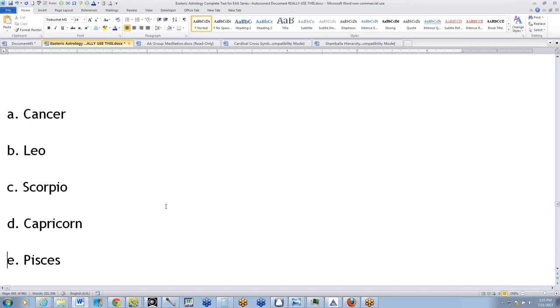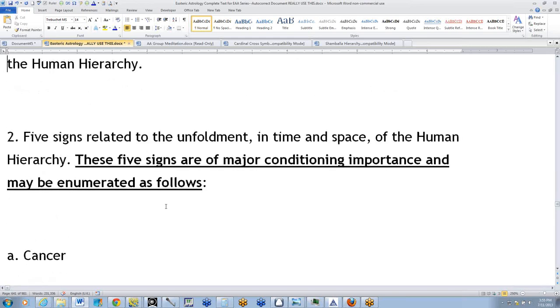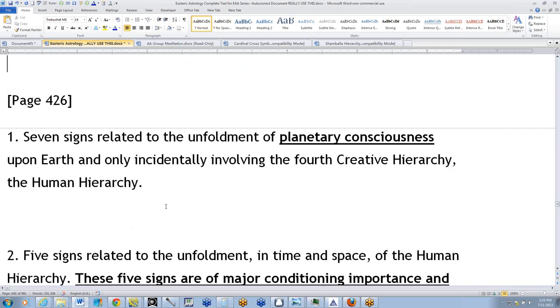So that means that Aries, Taurus, Gemini, Virgo, Libra, Sagittarius, Aquarius have more to do with the unfoldment of planetary consciousness, maybe a larger type of consciousness, or the consciousness of the planetary logos. But of course, it's difficult to discriminate between these two groups and say one is sacred and one is non-sacred,